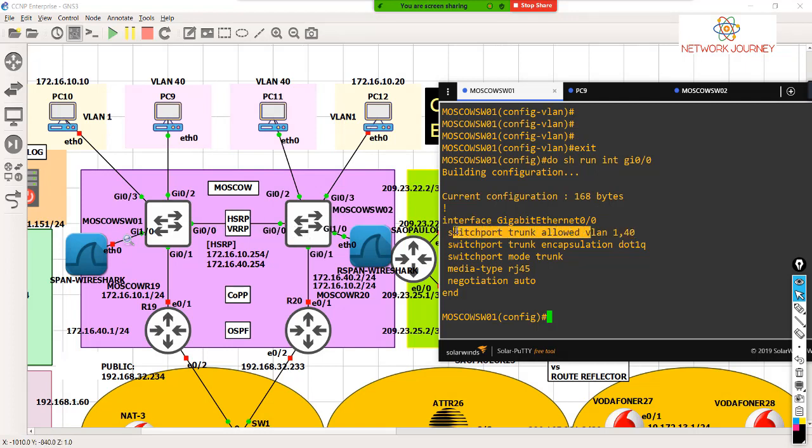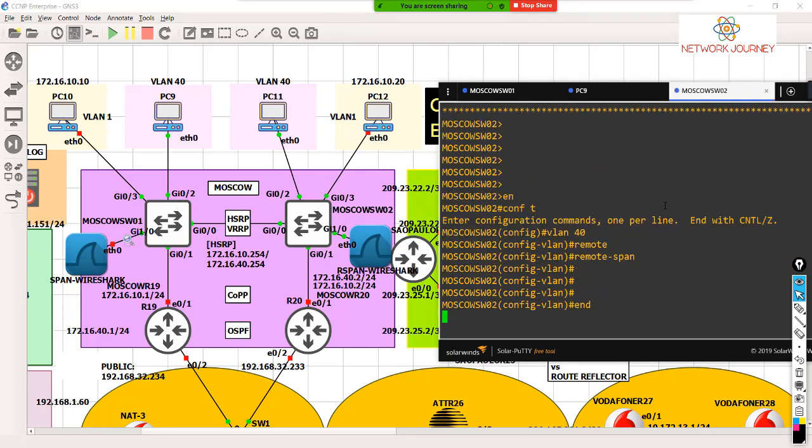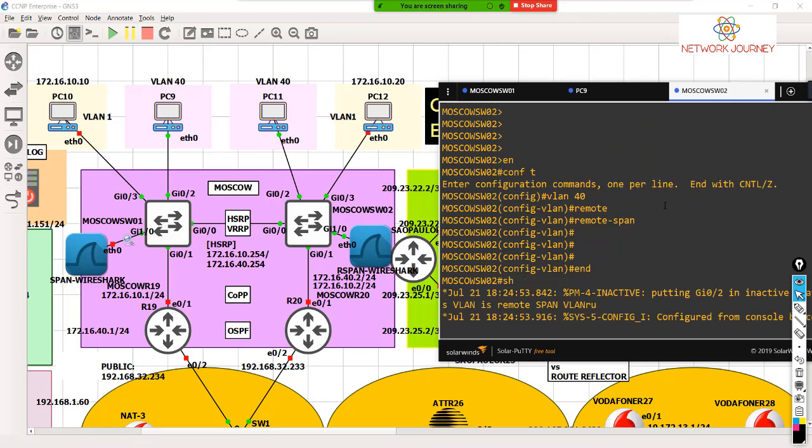If you don't add this command and just keep the rest, like trunking encapsulation, it's equivalent to having all the VLANs, 1 to 4096 or 1 to 1001, allowed on that interface. So this is the command from the inter-switch point of view. I'll make sure my second switch also has that, because if that VLAN is not allowed, then basically